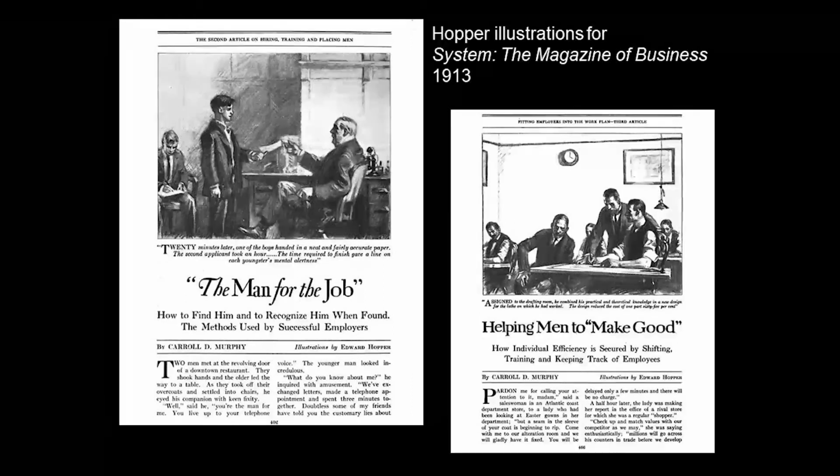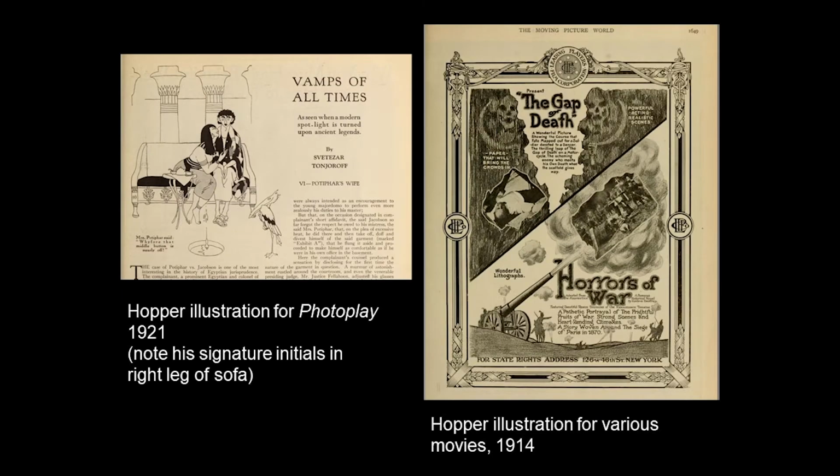Advertising accelerated in these decades, stimulated by more things to buy, cars, radios, telephones, and the manner in which consumption increasingly defined American national identity. As a commercial artist, Hopper was at the epicenter of this commodity-centered modern political economy. Although he would later say, "Illustration didn't really interest me, I was forced into it in an effort to make money," he was shrewd, he was prolific, and he was versatile, typically adapting his style to meet the requirements of